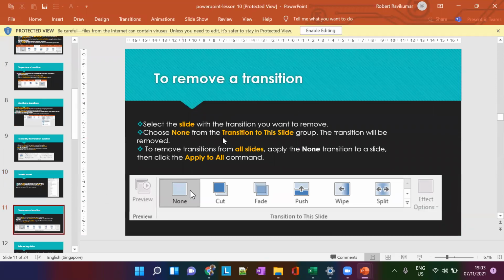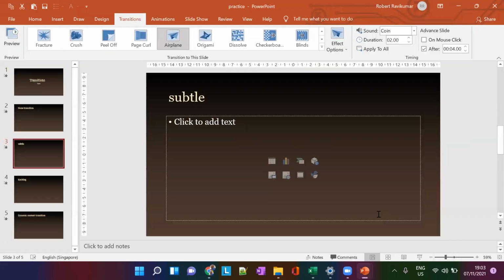So how to remove a transition? Can anybody tell me how to remove a transition now? Let's say I want to remove the transition which is already applied to the third slide. Can anybody say how to remove a transition here? Any volunteers?